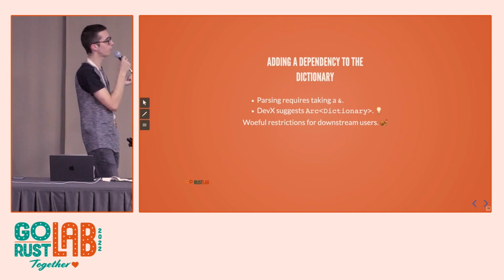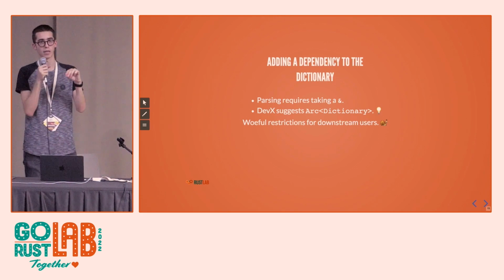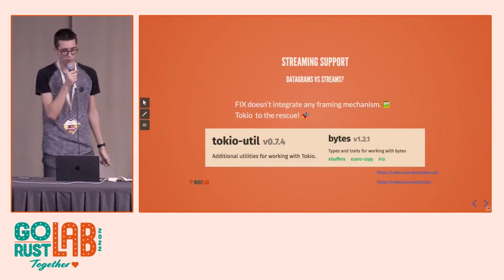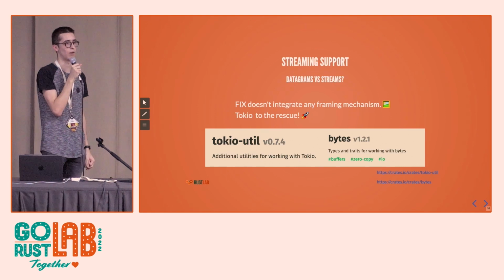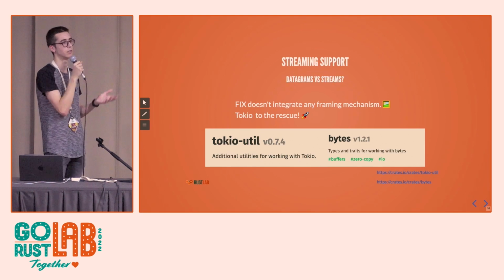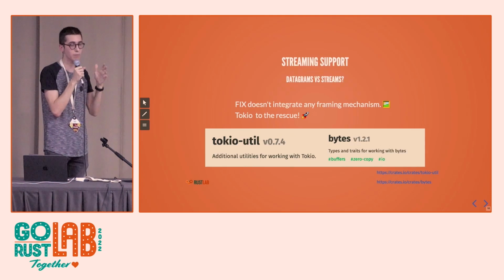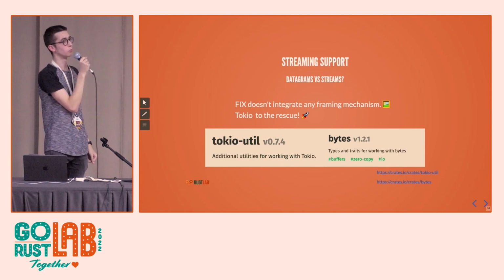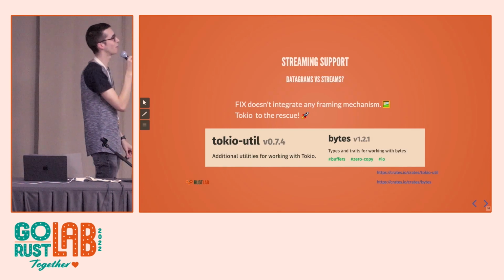So basically, we won't take a reference, we're going to take an Arc, and that way we can embed an Arc dictionary inside every single FIX message. And the dictionary struct is quite heavy, again, and ideally, we wouldn't want to burden the user with such a huge data dependency, but for now, this is what we have, and we're going to take a look at how we can minimize those dependencies later. Now, going back to the streaming support problem, it's a bit of a problem to have